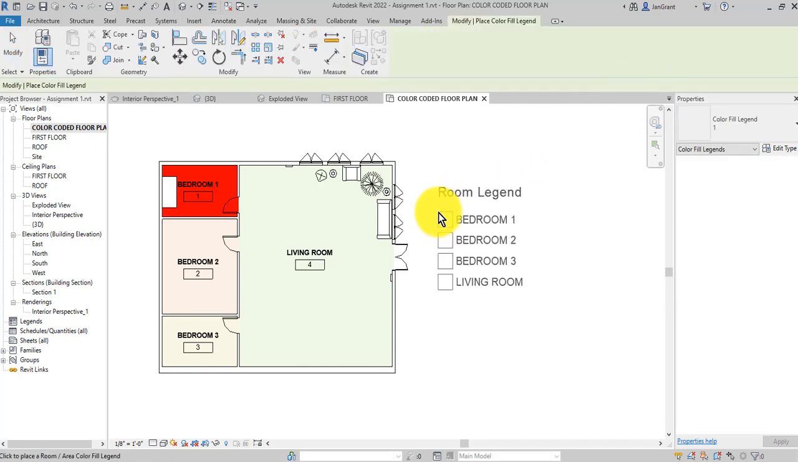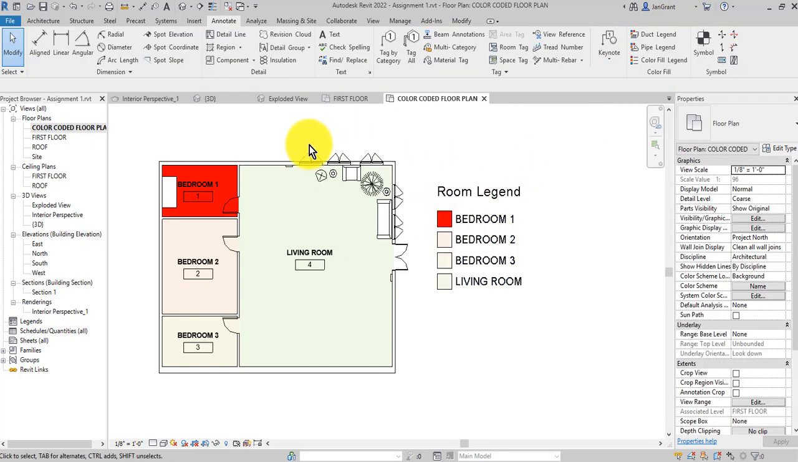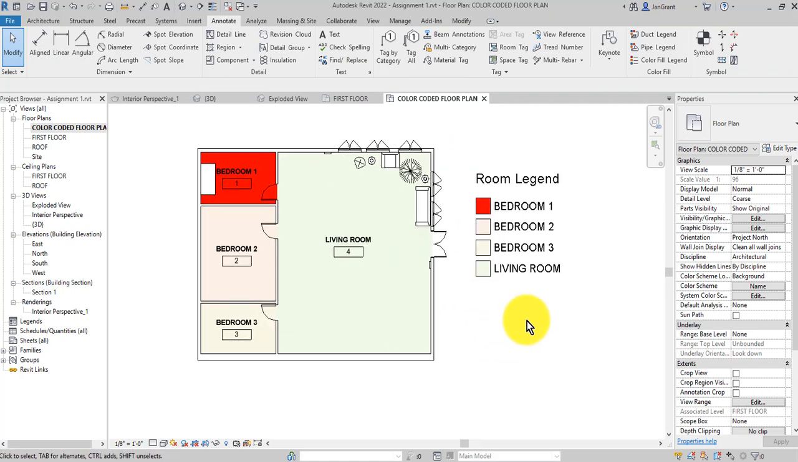There's our room legend, and when we click to bring it into our drawing, we've now created this kind of color-coded plan based on these room names. Of course, you can change the color, and you can also change the text if you needed something different. By the way,